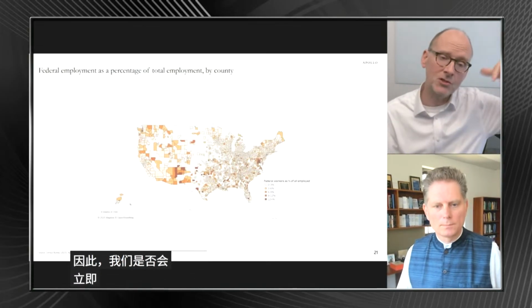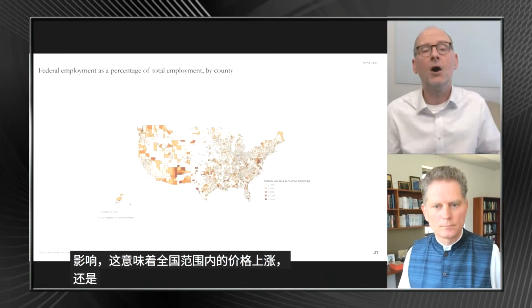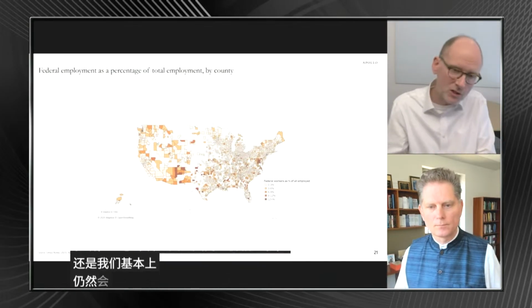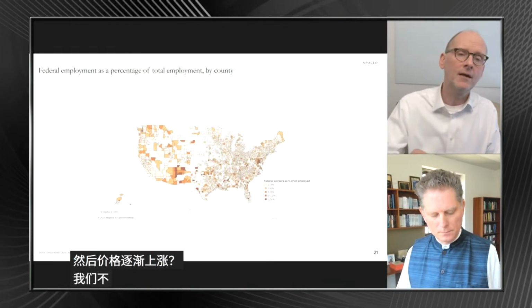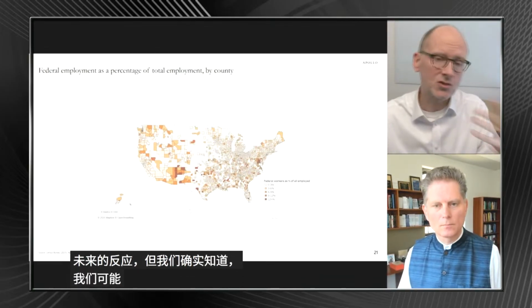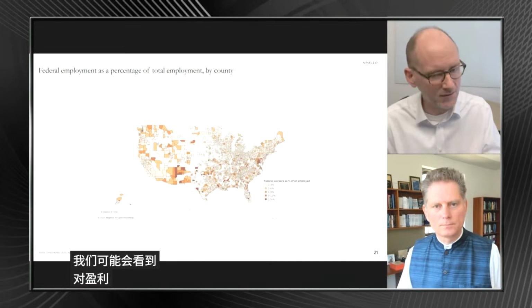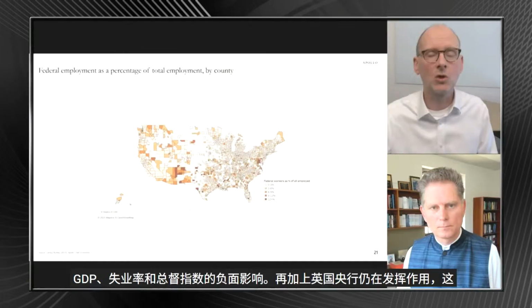And we will therefore immediately begin to see positive impacts, meaning higher prices across the country? Or will we basically see goods still being sold at old prices and then only gradually see prices go higher? We don't know what the company reaction will be going forward, but we do know that we are likely to see some negative impact on earnings, negative impact on GDP, negative impact on unemployment, and combining that with DOGE in